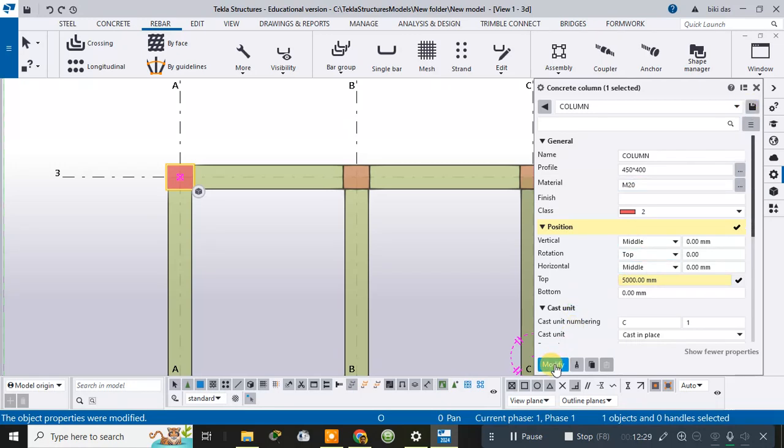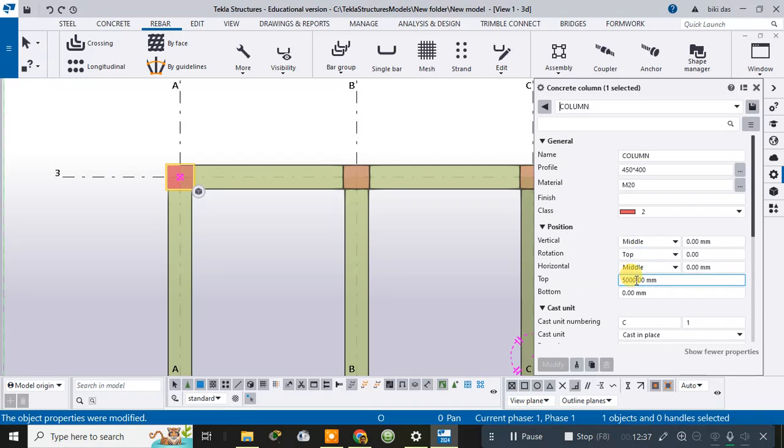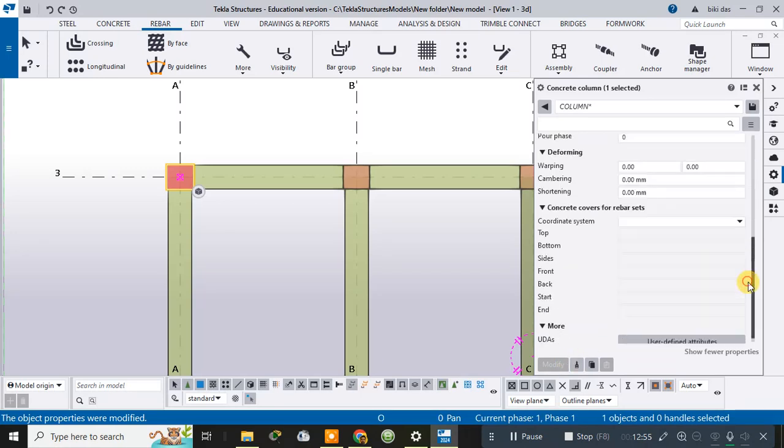And modify it. In the column I need to set 6000 and modify it. Now again let me go to the column and check what the height is here. Your height is 5000. Again change it to 6000, and after changing to 6000 here,